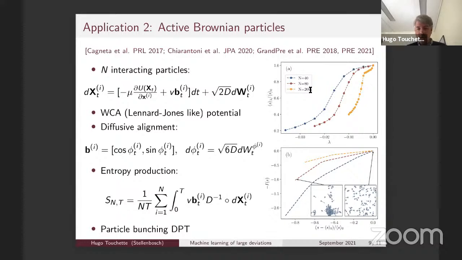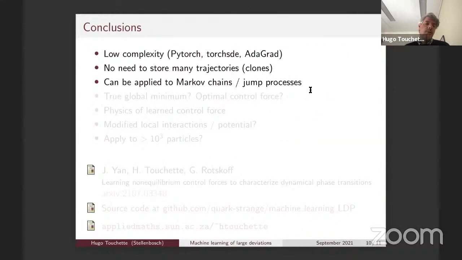The adjoint method has low complexity, because all you need to know is the trajectory that you simulate, and then the time-reversed trajectory that you've simulated. So you only need to keep and store one trajectory at a time, or in this case, the M batches. So it's very low complexity. That's about it. So I'll go to the conclusion.